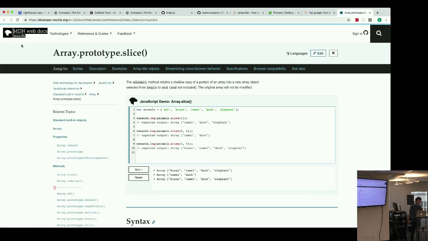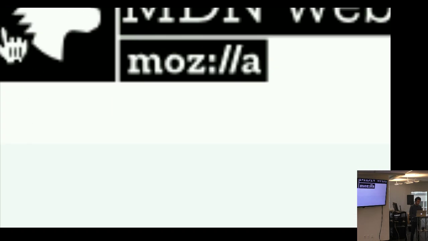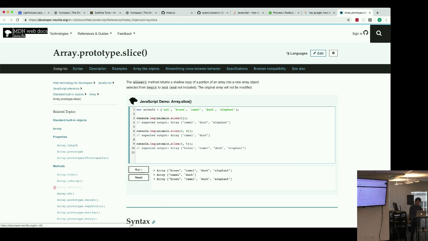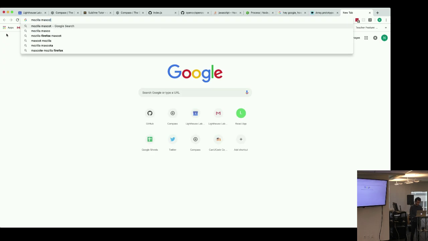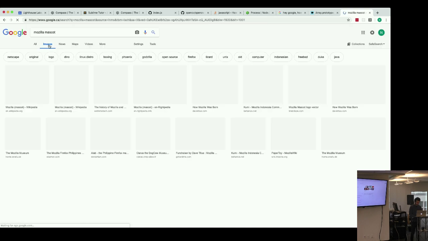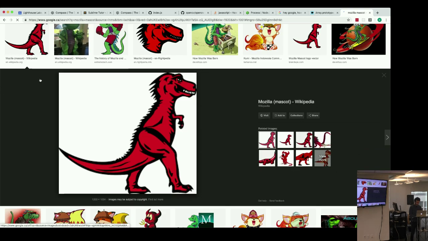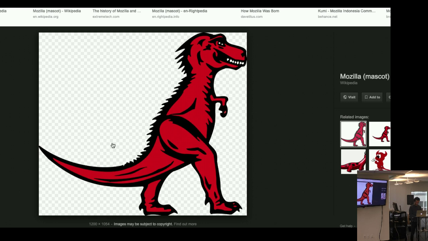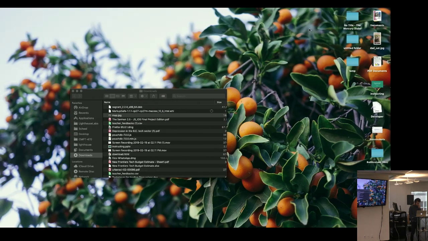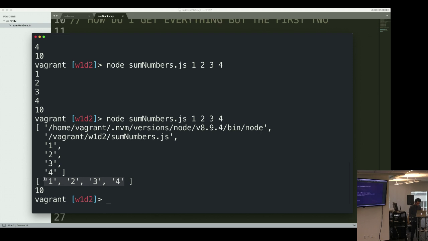So the MDN, you know, this friendly little T-Rex. I don't know if anybody's seen the Mozilla mascot. Yeah, it's like a little T-Rex, right? Friendly T-Rex. It's gonna teach you all about coding. So that's one thing. The other thing that I wanted to point out is